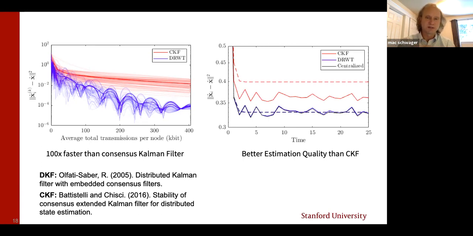That's what I'm comparing performance against here, the consensus Kalman filter. Our algorithm is our consensus ADMM that's built into the maximum a posteriori target estimation problem. We call this the distributed rolling window tracker, DRWT, because it inherently uses a rolling window over the trajectory horizon of the vehicle that you're tracking. And you can see here that convergence is way faster, orders of magnitude faster, compared to the consensus Kalman filter. But convergence is one thing, the quality of the estimate is another. So what's the quality of the estimate?